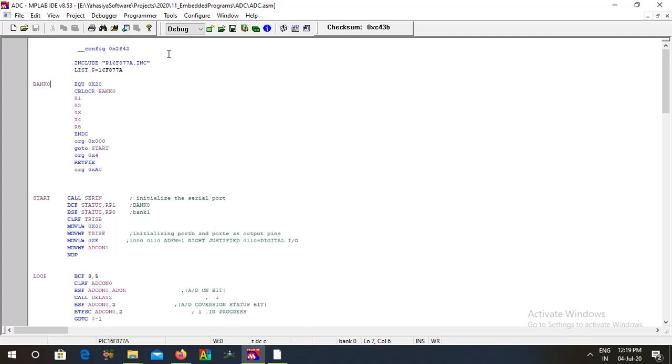The bank not is equivalent to address 20 in data memory. When I call the address 20 as bank not, from there I am creating a block.